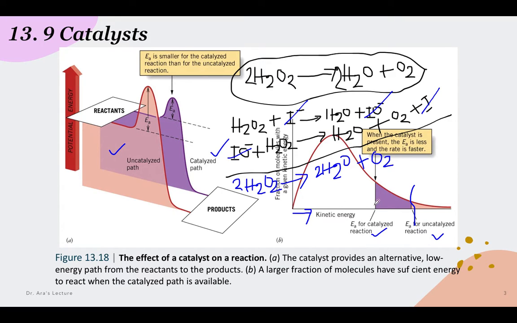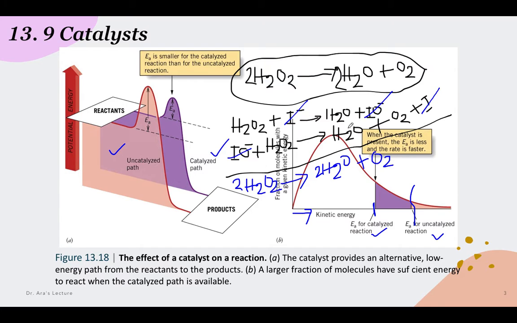So you can see the less kinetic energy is necessary when we use the catalyst. So this is how a catalyst speeds up the chemical reaction without being used up. Here you get the evidence that the catalyst comes with the reactants, an intermediary ion forms, and then